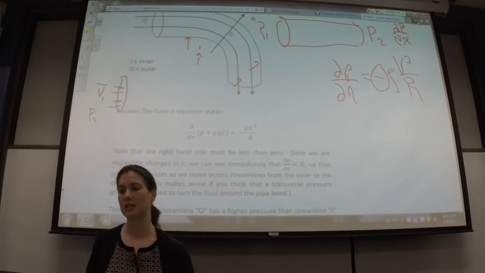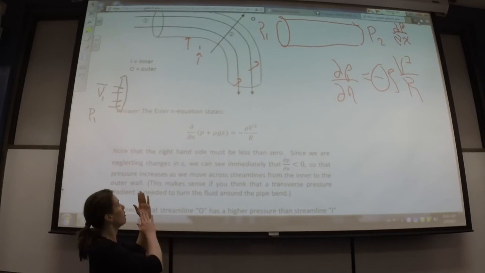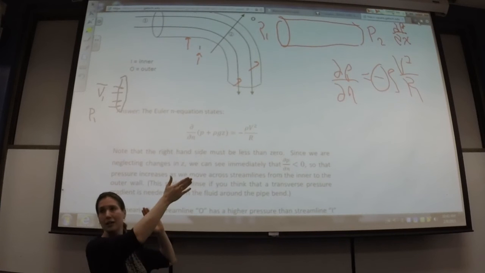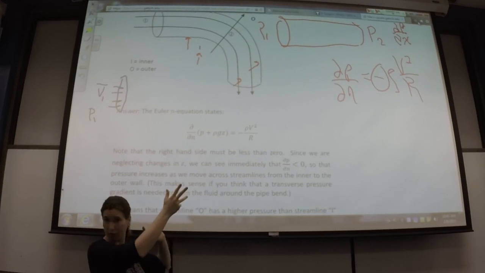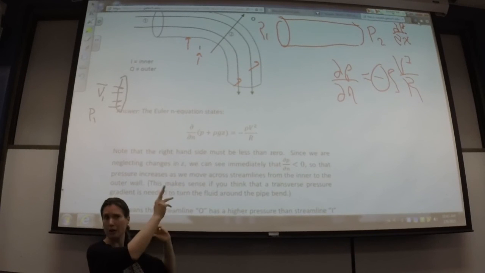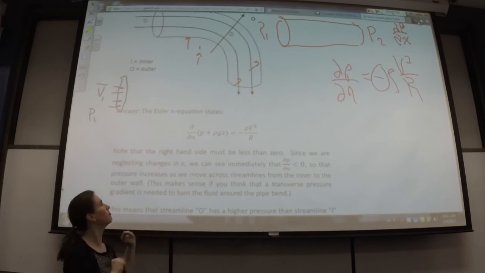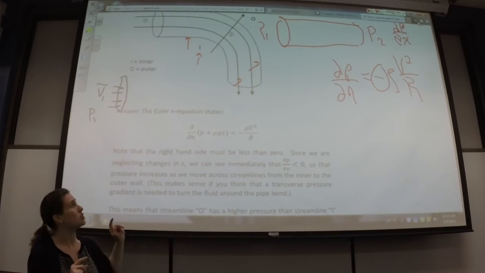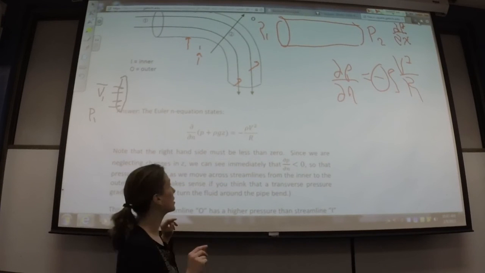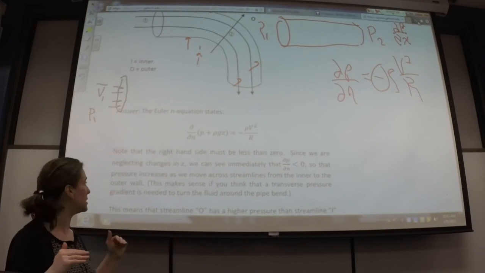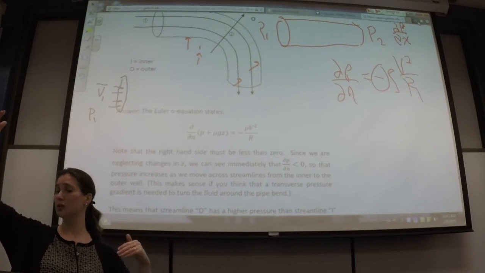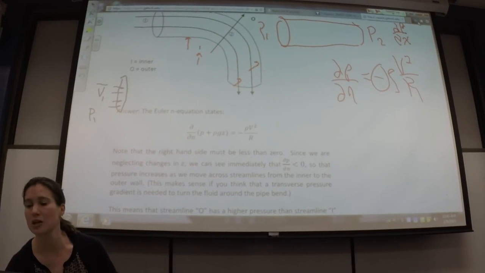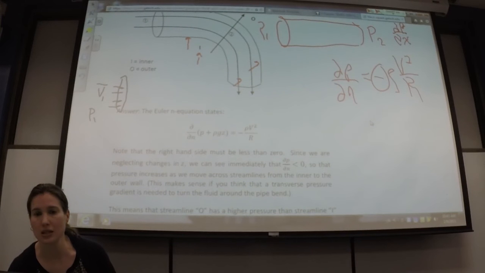So in this case, if we're going low to high, then just convention-wise, we're going negative, okay? So I think I might have misspoken the way I said that before. Okay. So then if we consider this dP dN to be negative, we're saying our outer pressure is higher than the inner pressure. So in terms of what that means,